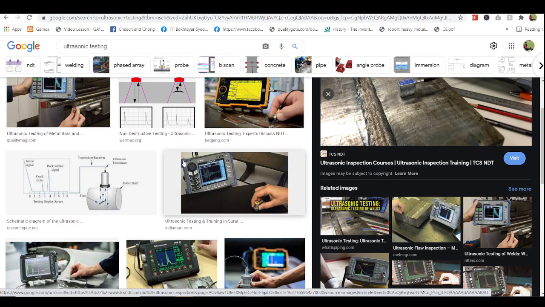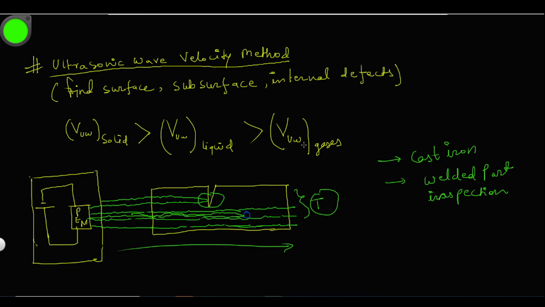Okay, now we will discuss the eddy current method. This is the fourth one.